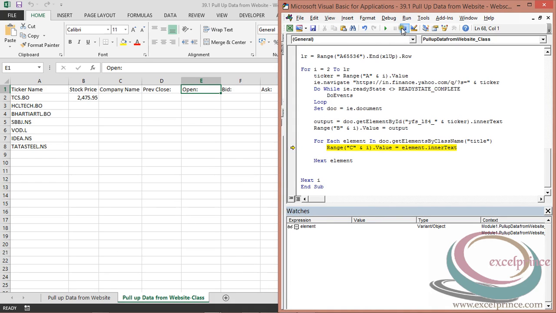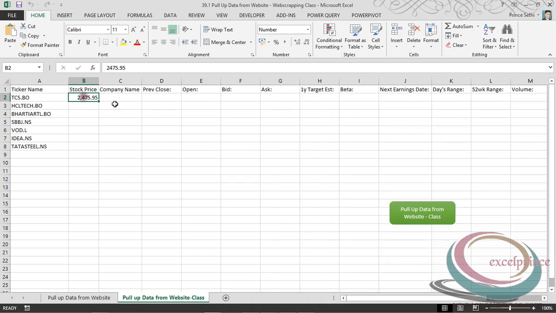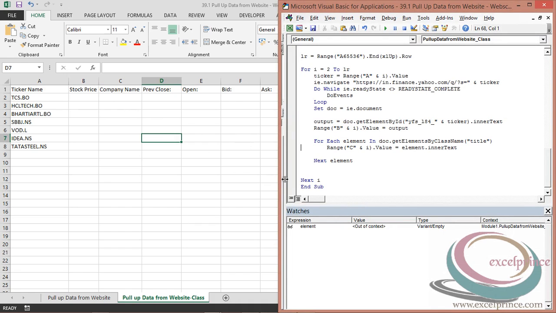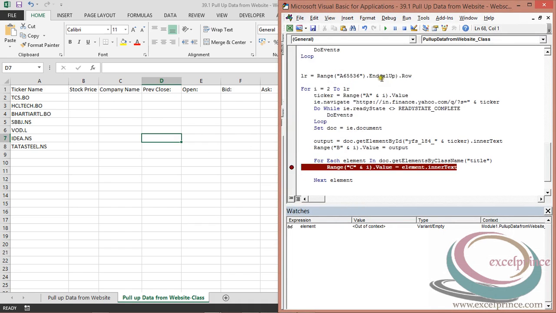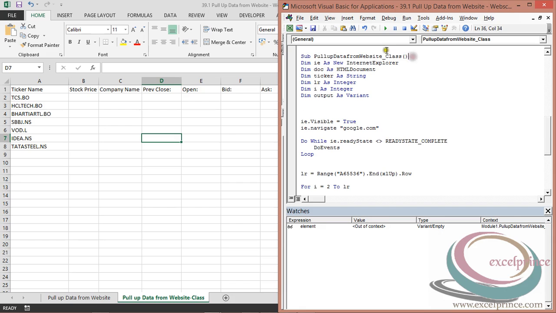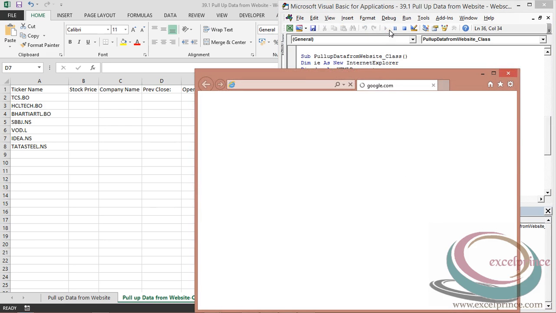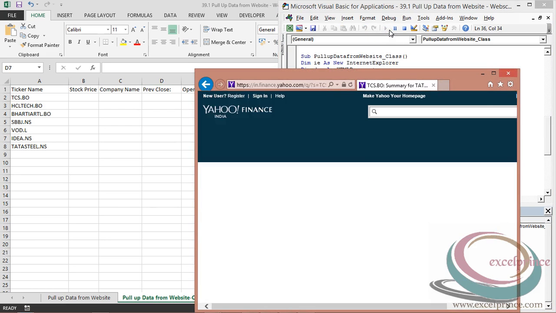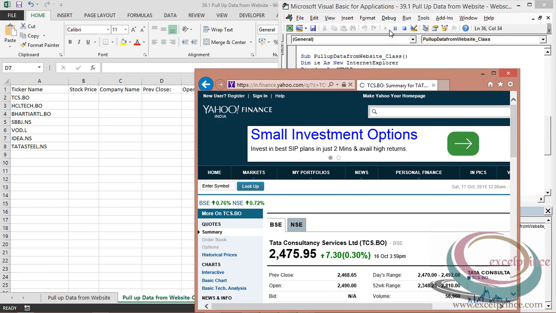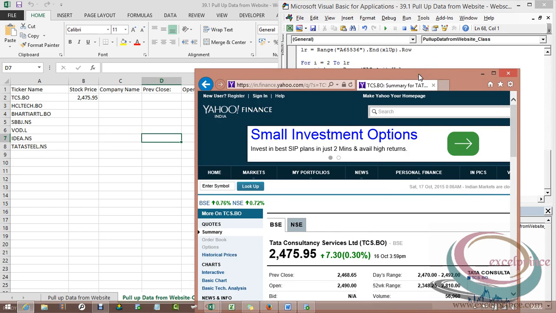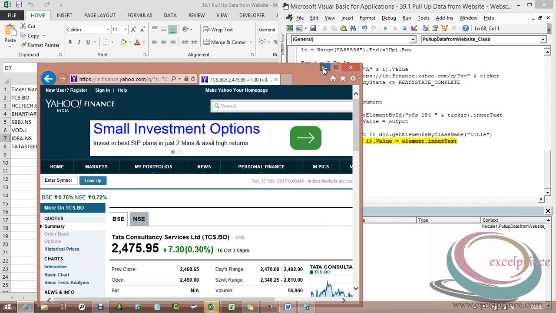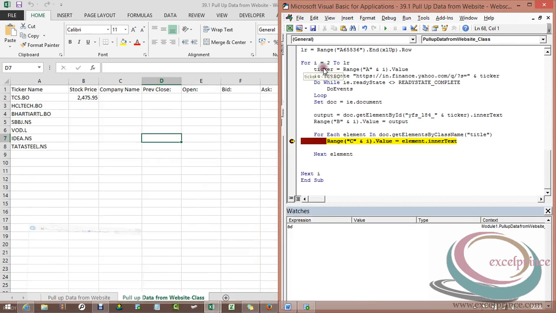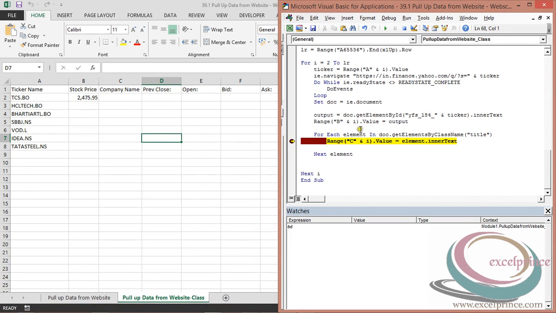I have to keep it open. So maybe I'll delete this, rerun the code, and this time I need to open the web page. Same way, pressing F5, wait for a while. Okay, I'll minimize this time. I'll not close this page, and let's understand what elements is showing to me.